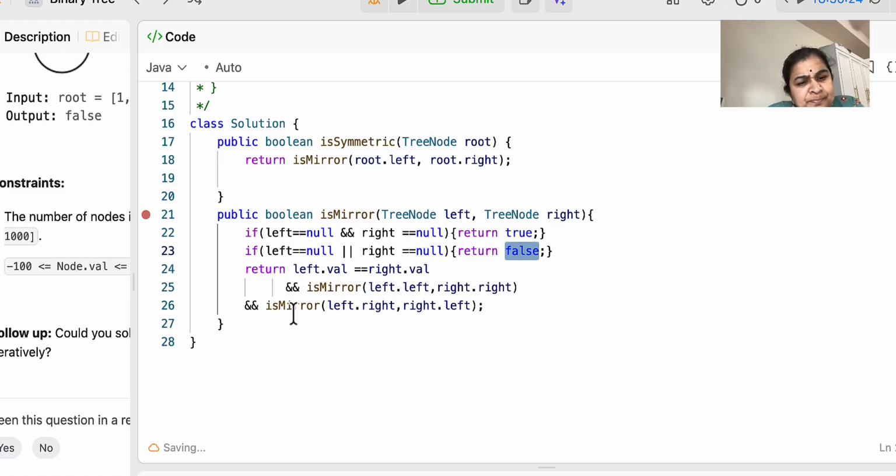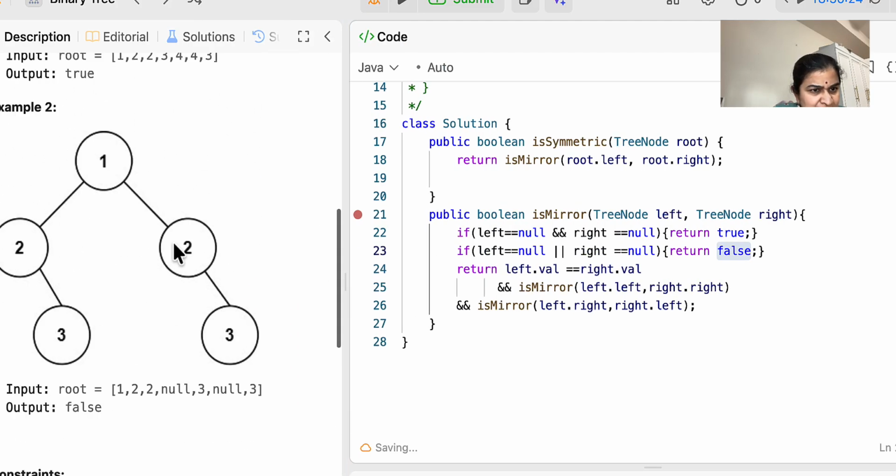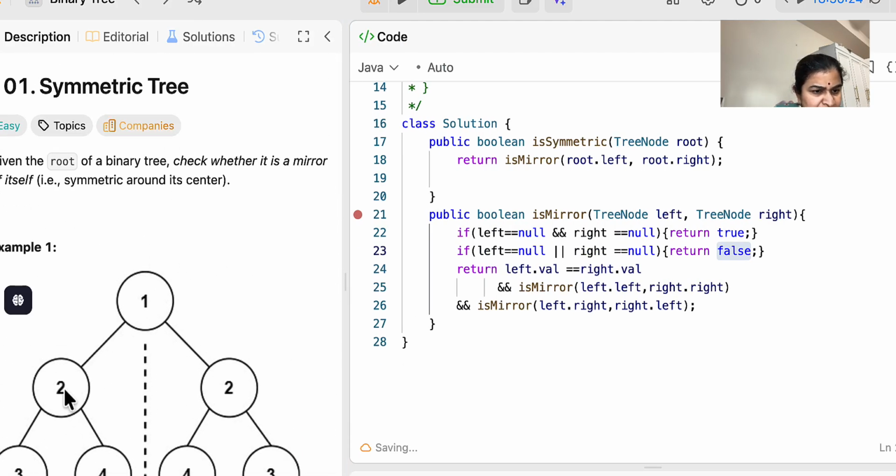symmetrical. And then return whether left's value and right's value are the same, and along with that check isMirror of left.left, that is left's left, and right's right. Both should be left's left. So if I check here, left's left is 3, right's